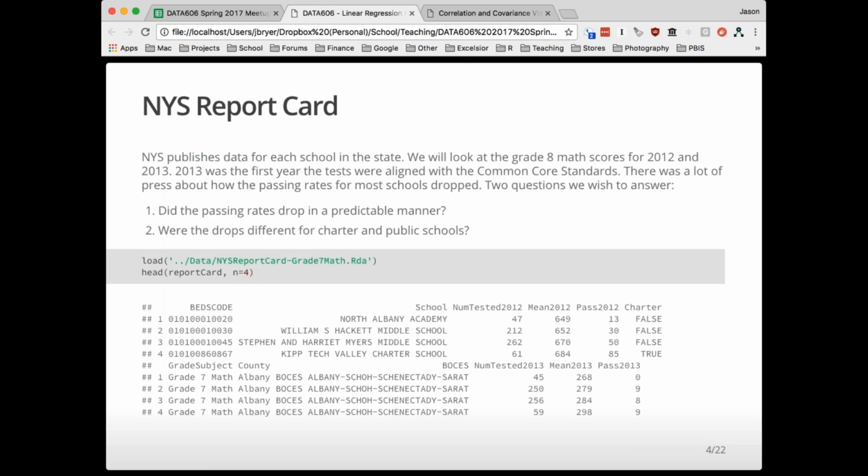All right, so of course, I wanted to talk a little bit more, revisit this correlation idea, because that's really a key component in the regression. In order to get the slope, we need the correlation. So I like this example a lot. If you grow up in New York, or if you have kids in New York State, or if you pay attention to education at all, some of you may know,